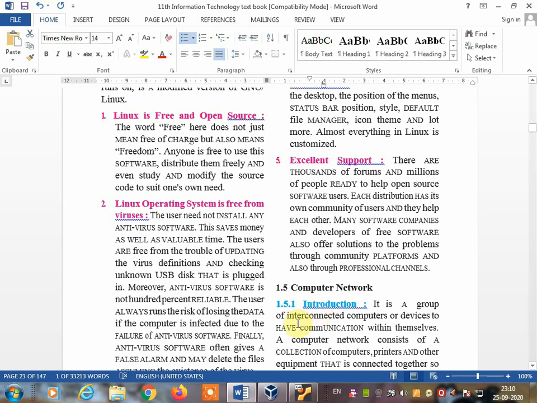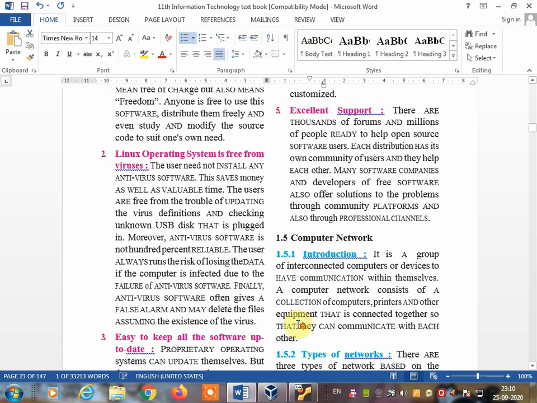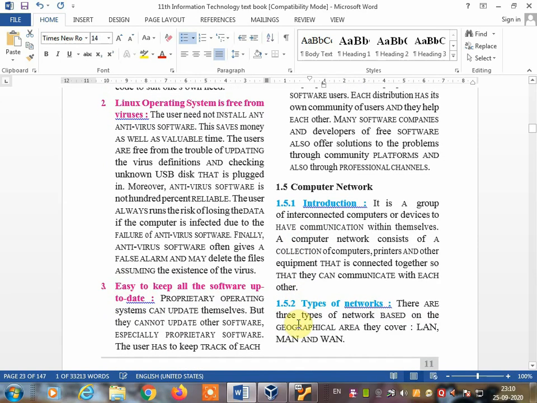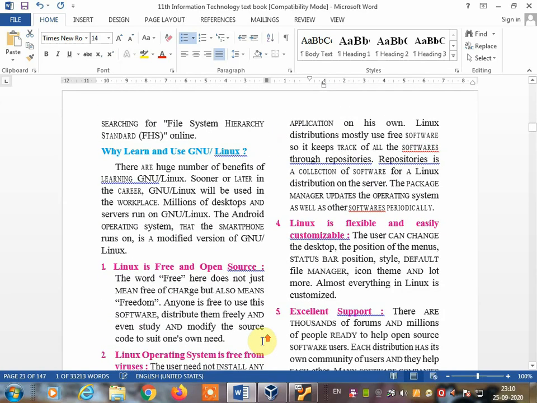Next, it is easy to keep all the software up to date. In Linux you can keep all the software up to date. Proprietary operating systems, meaning Windows and others, can update themselves, but they cannot update other software, so especially with proprietary software the user has to keep track of each application on his own.